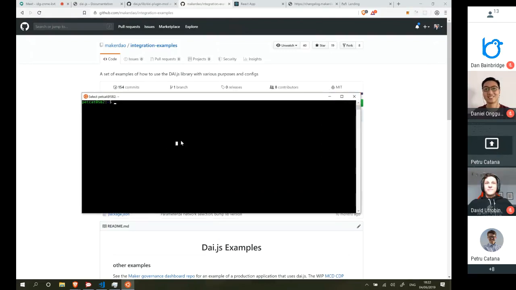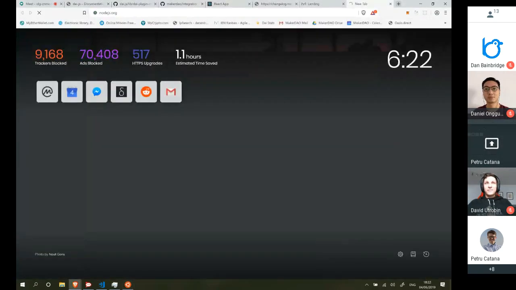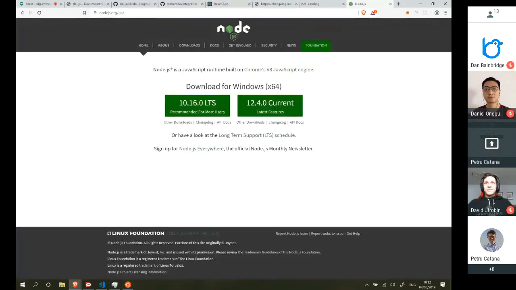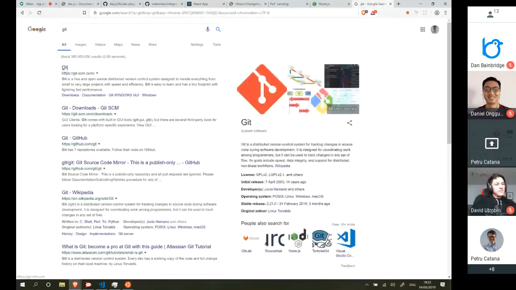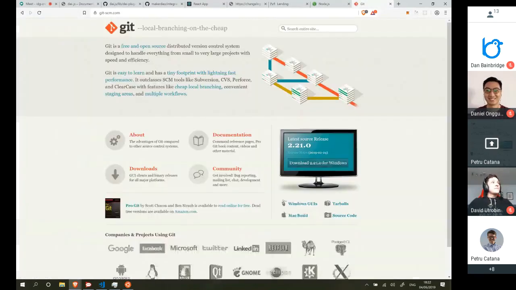So of course, by default, I already have Node.js installed, and Git is basically a versioning software to allow you to easily version anything you write, any code, or you can version text, whatever, right? And you can easily go back in time, check what you submitted at that time, and then reverse. And it's easy to basically manage your code. So that's what we use mostly in software development. And I have these two things installed,